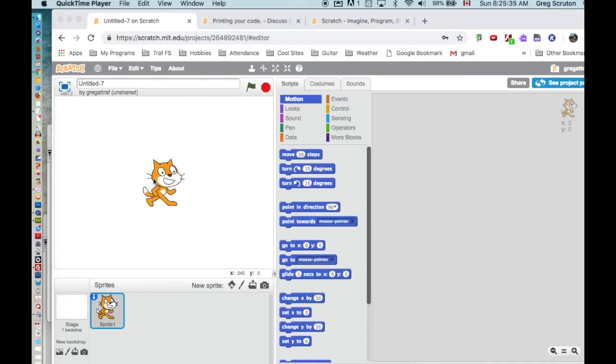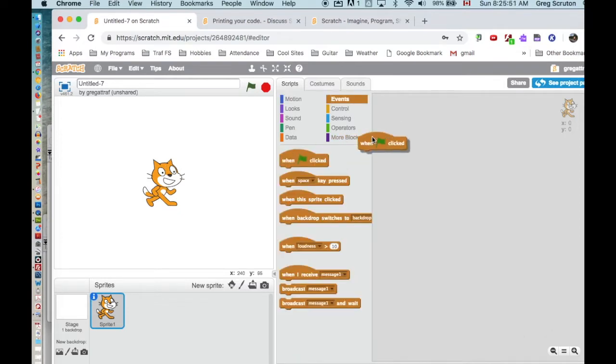Here we are in Scratch. We have this cat thing and we want it to walk across the stage. I'm going to click on the cat. These are the scripts. We're going to go to events first, and when the flag is clicked, we're going to